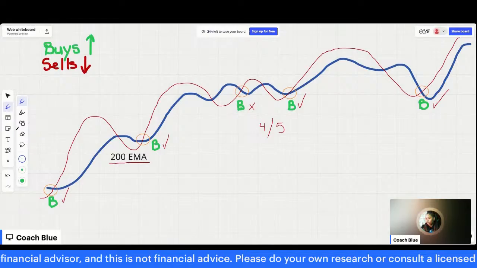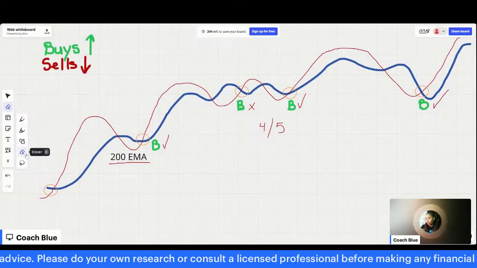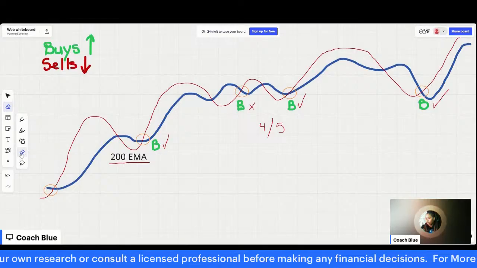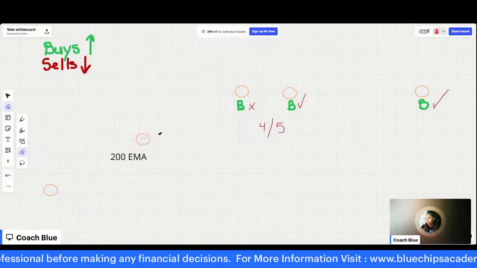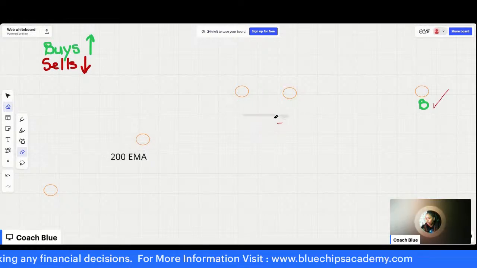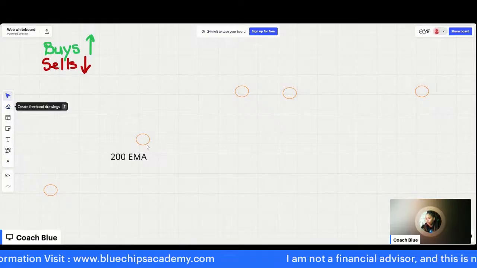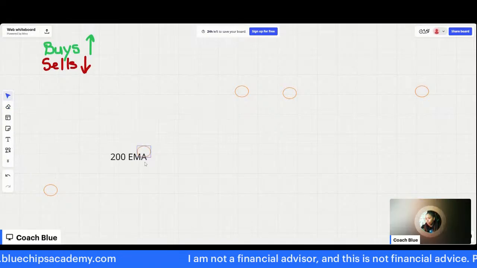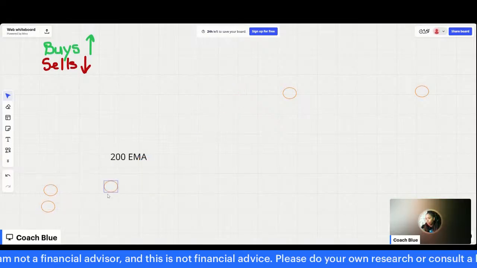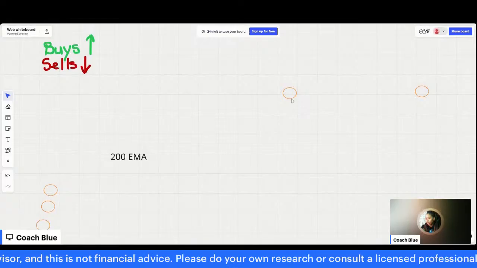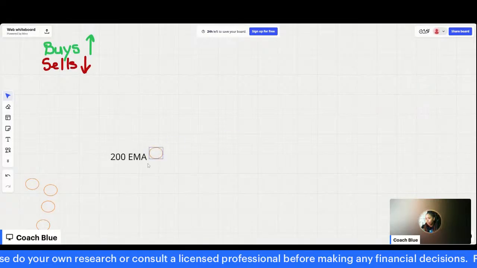Now, let's see what it looks like when we're looking for sell opportunities. Okay, so I'm going to get rid of all of this, and we're going to see what it looks like for selling opportunities. Let me just bring them down because I'll need my circles in a minute, because we're going to need some entries for our sales too. Okay, so I'll just bring them over here for now, guys.